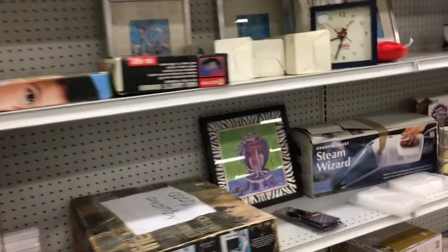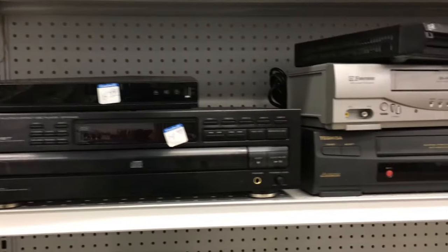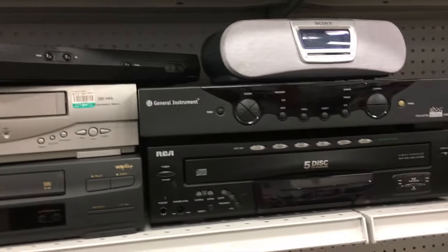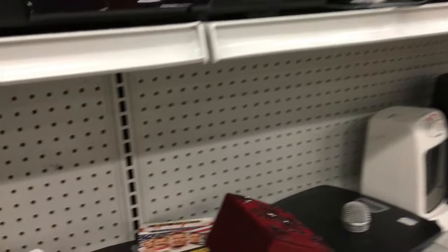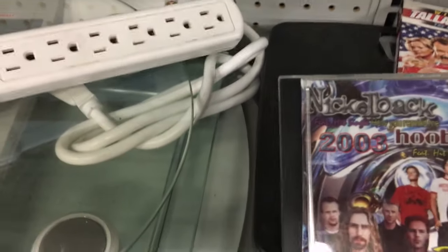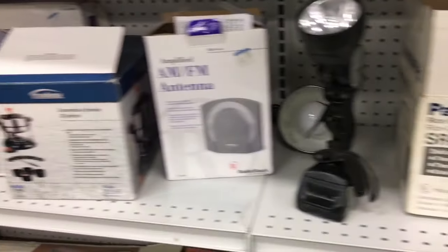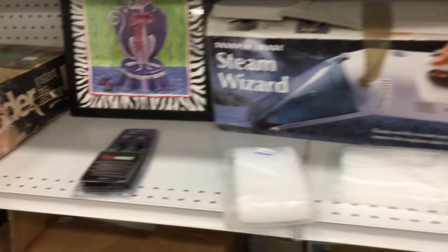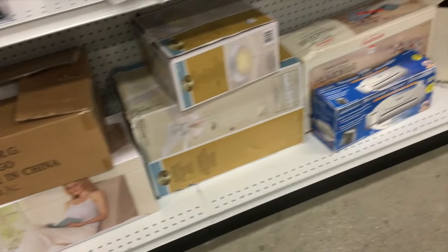Moving on, let's check out the electronics section and see if there's anything worth snatching up. We've got CD changers, DVD players, VCRs, and a cable box. Typical Goodwill stock. Oh well, they can't all be winners. Hey, what's this? Oh, God! We'll just put that right back where we found it. Moving on. Instant fire escape, good condition, written on the box. Oh man, there's just not a whole lot here at the Goodwill at Haight and Cole,